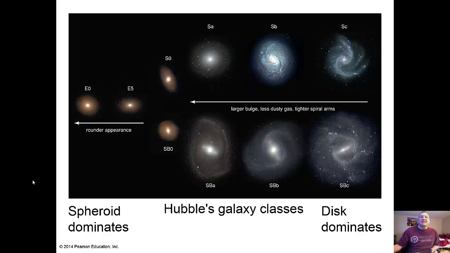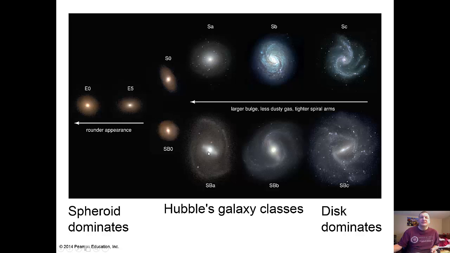And so this is Edwin Hubble's classification of galaxies. We have the ellipticals, called an E. They go from the number 0 all the way to 7. An E0 galaxy is a circular spheroidal galaxy. E7 is more elliptical. And then we have the spirals, which are two kinds, just the regular spirals and the